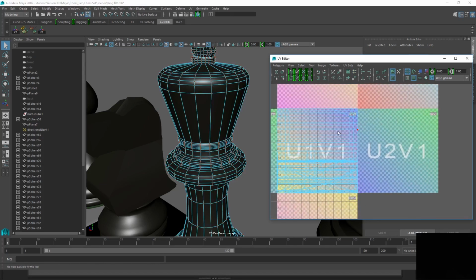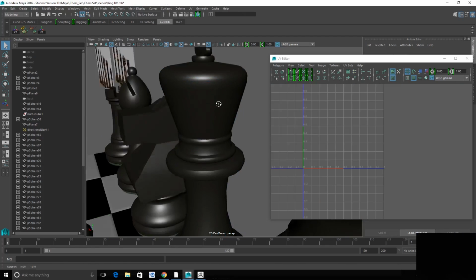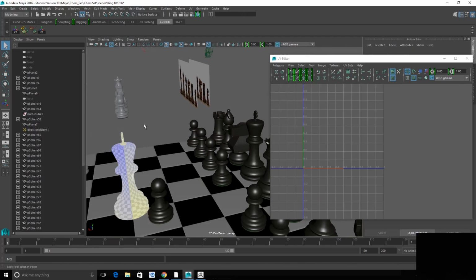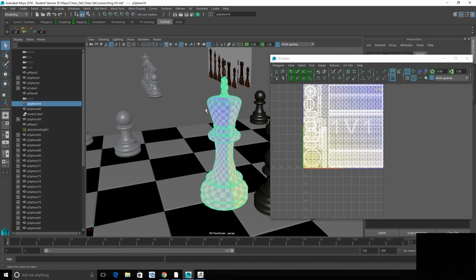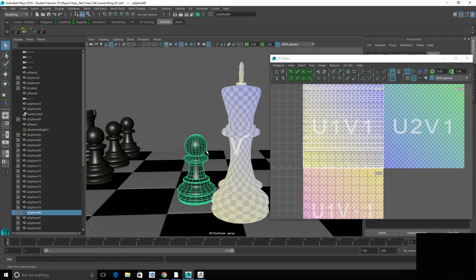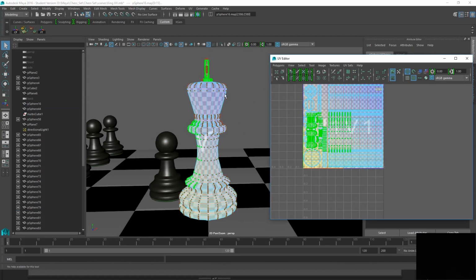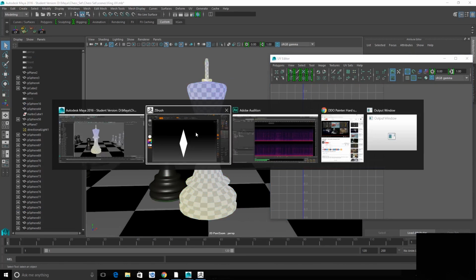These little dots. Each vertex point comes with a UV point in space. And you think of it as a skin. Think of this as the skeleton and the UV as the skin. So